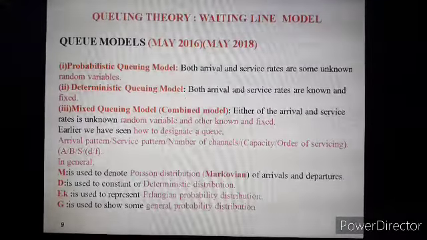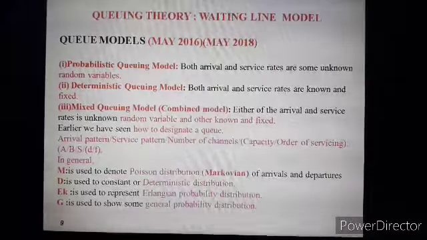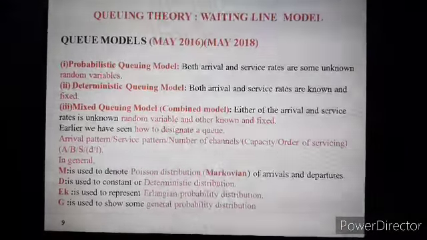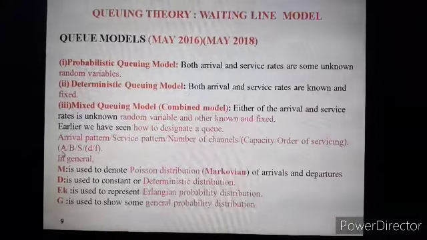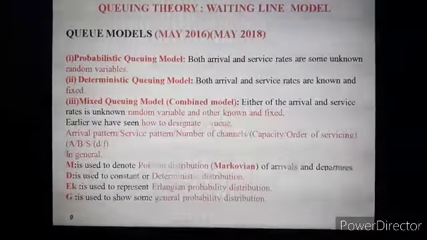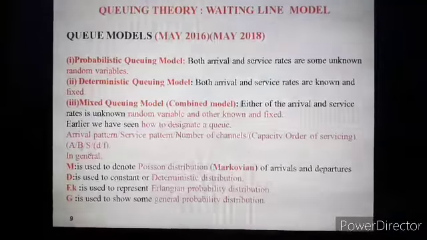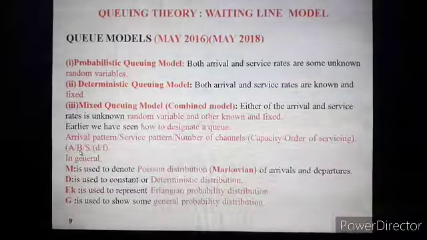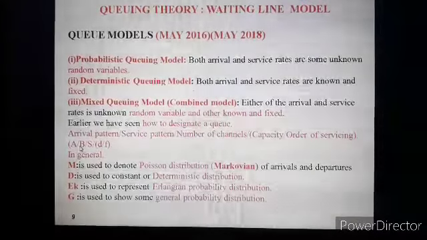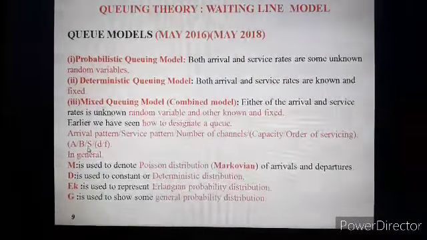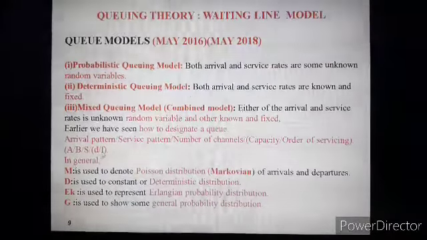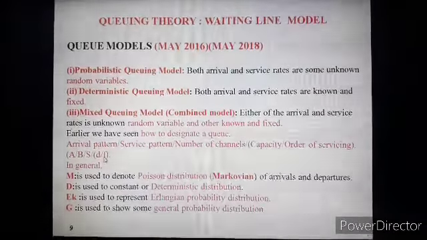Now today we will discuss the first model. Any model we can define through this designation: capital A oblique B oblique S as to D and F. The same model designation we can also write in terms of this. Capital A is the arrival pattern, capital B is the service pattern, capital S indicates the number of channels, small d indicates the capacity of the system, and small f indicates the order system.